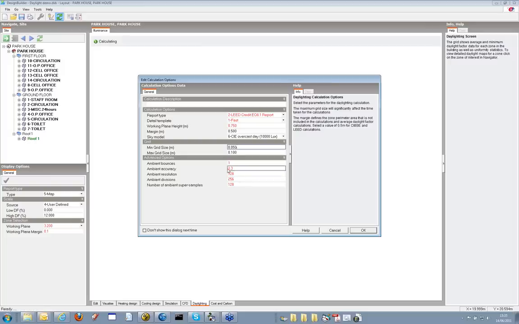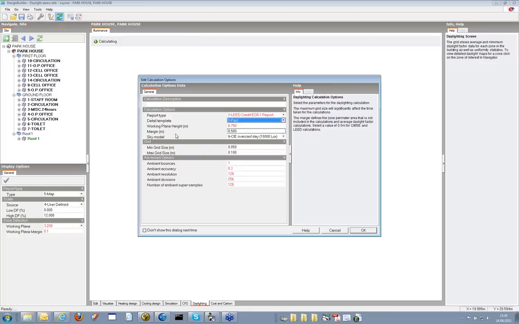I won't describe the advanced options here. These are parameters that are required by Radiance. We've got some documentation in the help on this, so if you want some particular details on what each of these parameters mean, you can find that in there. But you'll notice that when you select a different template, it's those values that change. So essentially, if you choose a high quality setting, then you get 3 bounces of light around the building, for example. As I said before, we'll choose the fast setting,